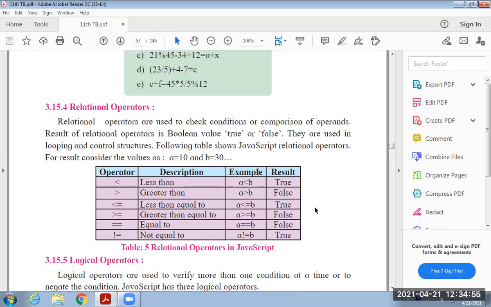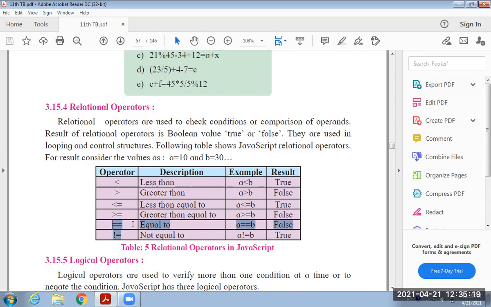Then less than or equal to: if your marks is less than or equal to 35, then your result will be pass. If your marks is greater than or equal to 35, then your result will be pass. If your marks equal to 35, still your result is true.